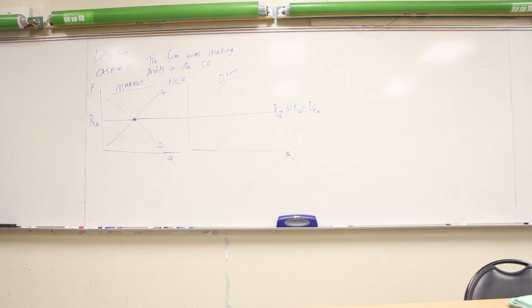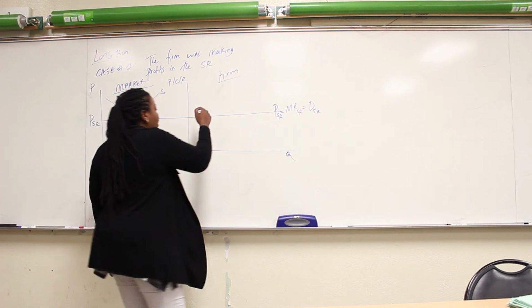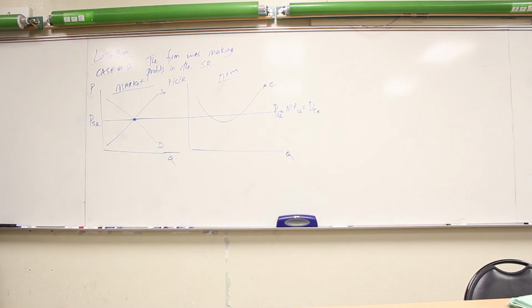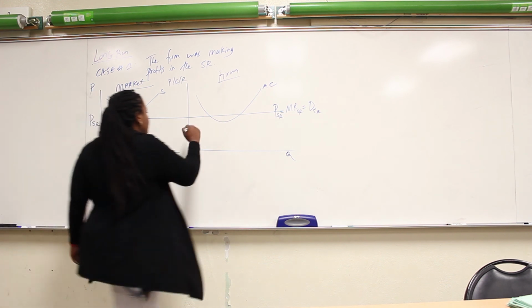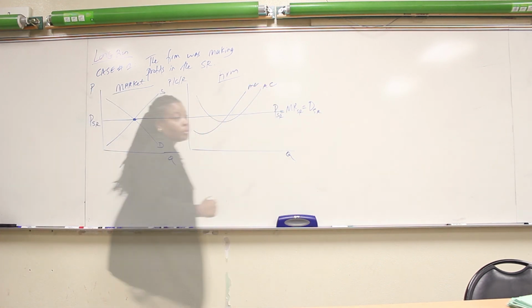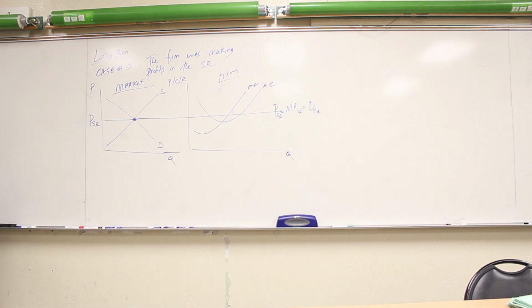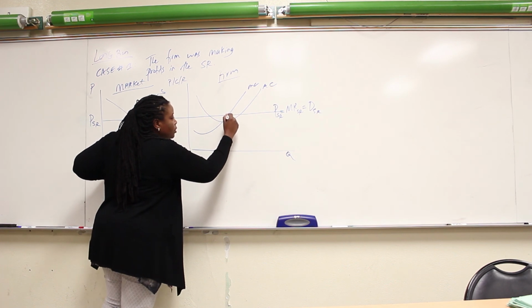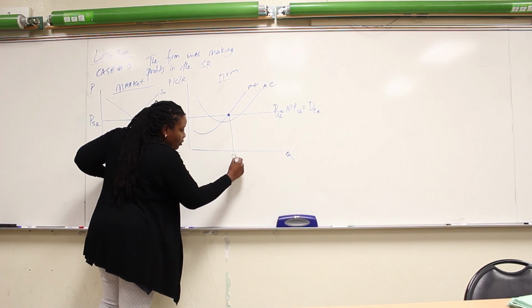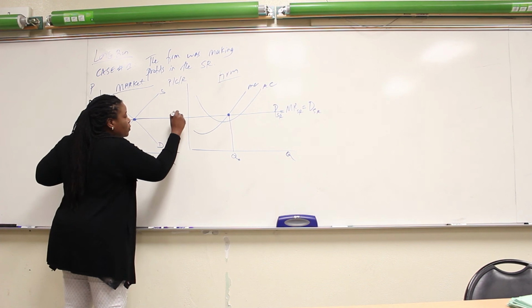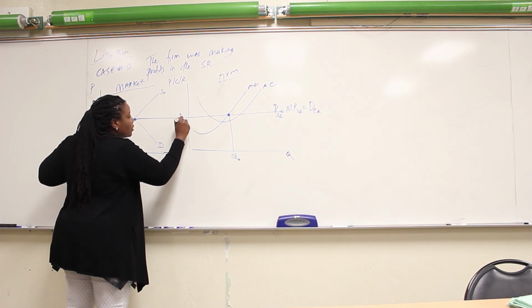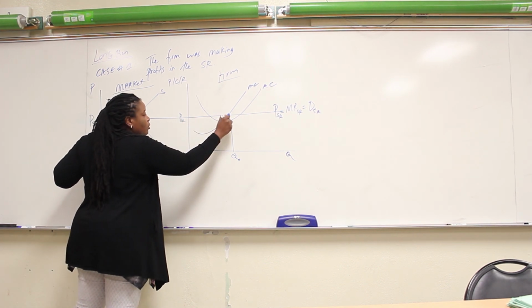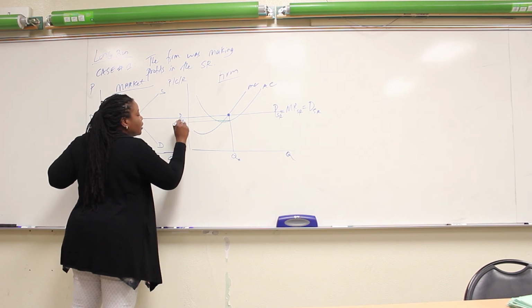This firm in the short run was making profits. If that's the case, we know when we put in our AC, what's missing? MC. Good. Firm is doing their thing. The firm wants to maximize profits. So in the short run, we know they're going to find the maximizing point. They're going to produce this quantity. They're going to charge this price. And this will be their cost. So we're not confused about that.